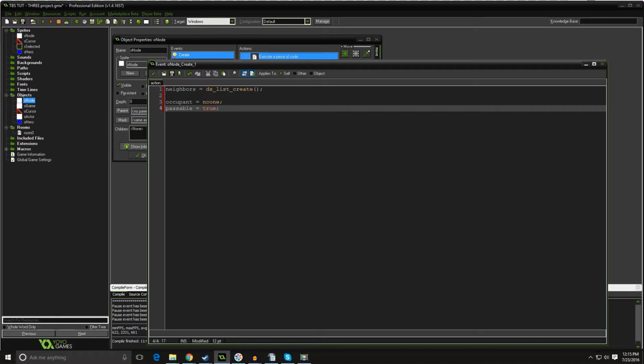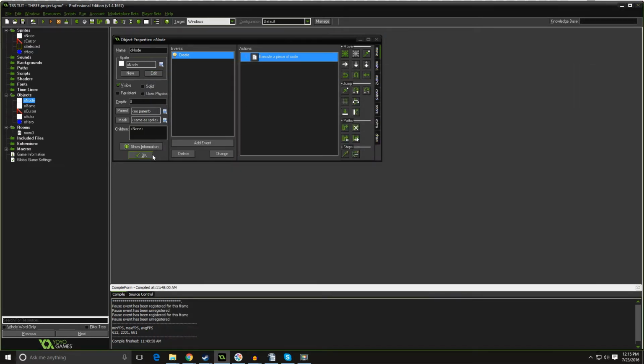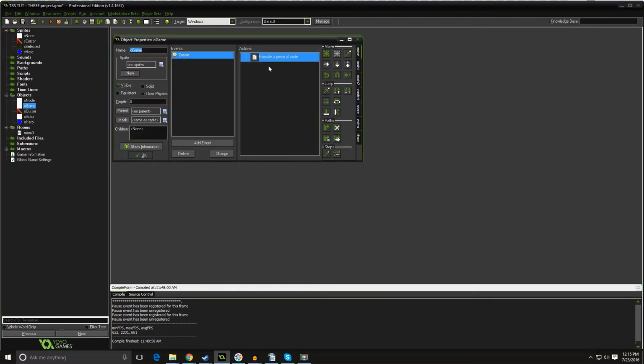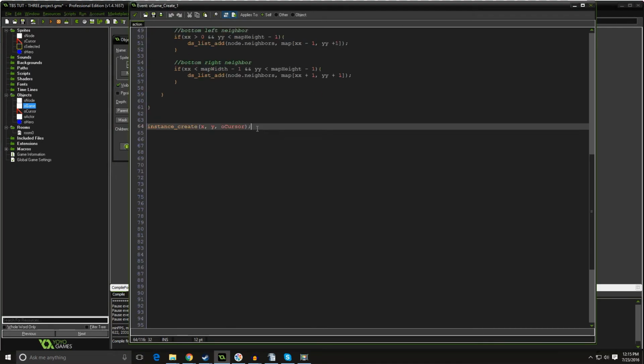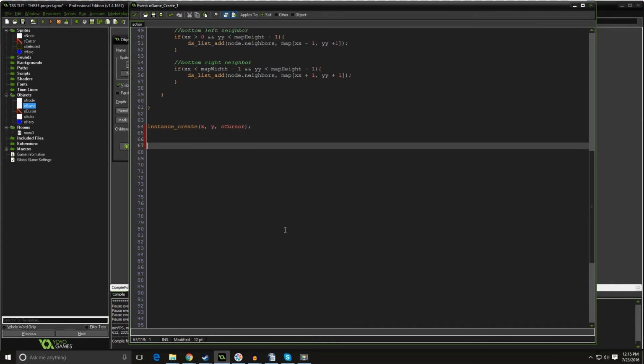So now we need to create our guys, our couple of heroes. For now, I'm just going to create them in the controller object. So let's green check out of here. Let's go into that game controller, into the create event, and straight down at the bottom, all the way even past where we create the cursor. Now, this is going to be a little bit ham-fisted for now. Next video, we'll do something a bit more elegant, so just bear with me on the brute force for just a little bit. So, with instance create